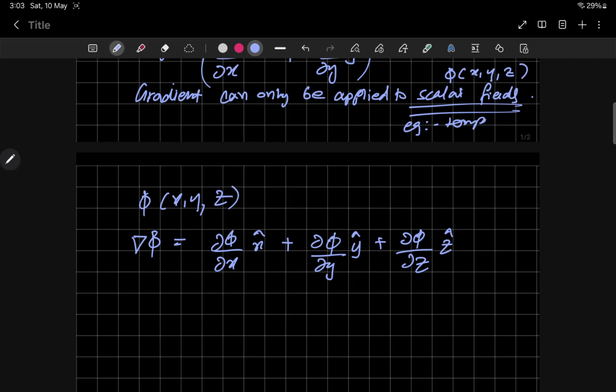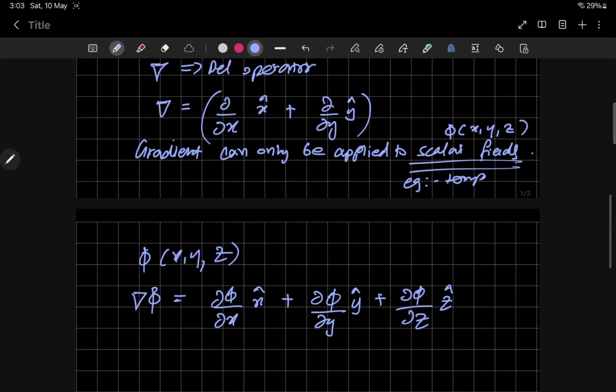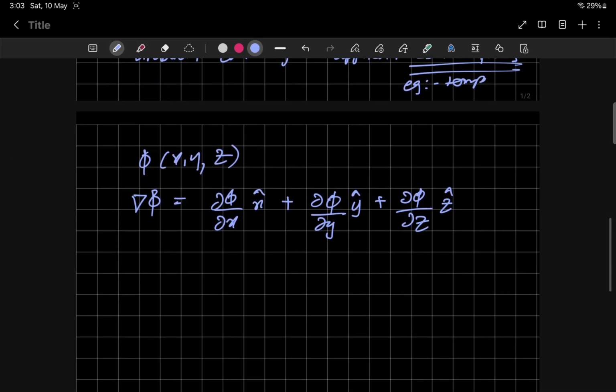And it generally points to the maximum direction of increase. So for example, you can try on many examples. I should also probably write this down: the magnitude of this gives the slope